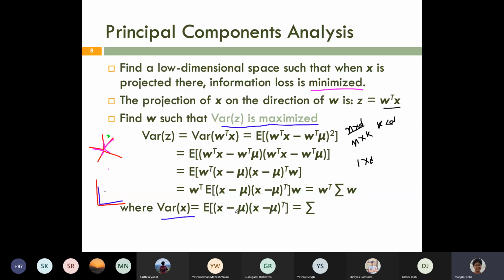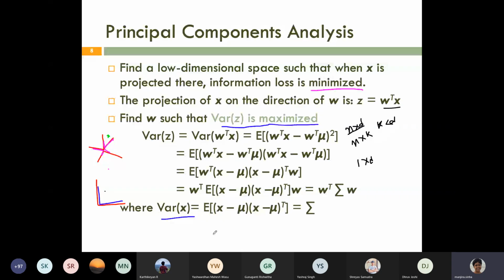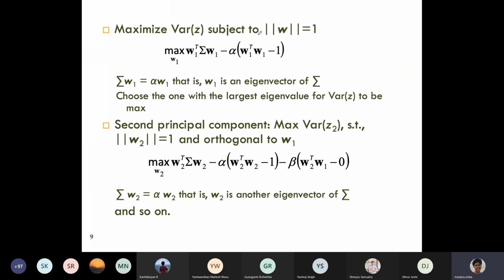As we see, the variance of Z can be expressed in terms of the number of target dimensions and the variance of the original feature set X. So if I transform this, the equation can be expressed as maximizing the variance of Z. I also put a constraint that the norm of W will be 1. So why do we do this? In a very simple way, basically we will